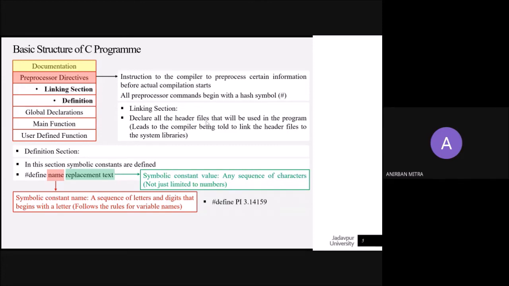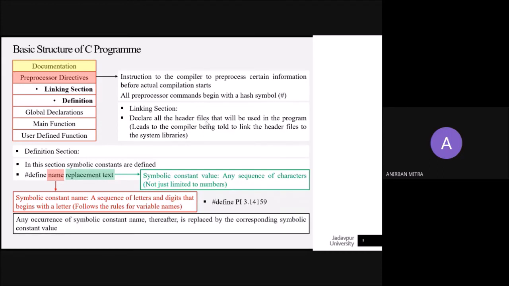But then again, this section is not essential. If you do not require a particular symbolic constant to be defined here, you can skip this section. However, if it is required, then it can be defined as shown in this slide. So any occurrence of the symbolic constant name within the program would be replaced by the corresponding symbolic constant value, which is pretty straightforward to understand.